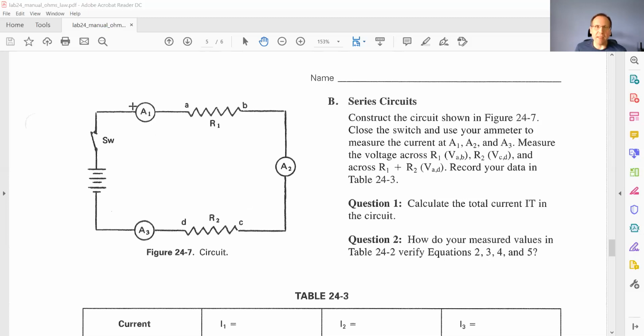Now, these A's here, A1, A2, A3, those are the amp meters, and those are the locations where you want to measure the current. So when it says measure I1, it's saying put your amp meter in this spot right here and measure the current through the amp meter at this location. That would be I1. Then you would connect the wire again, then take out this wire, put the amp meter in here. In this location, that will be I2, and in this location will be I3. Okay, so let me go back to,